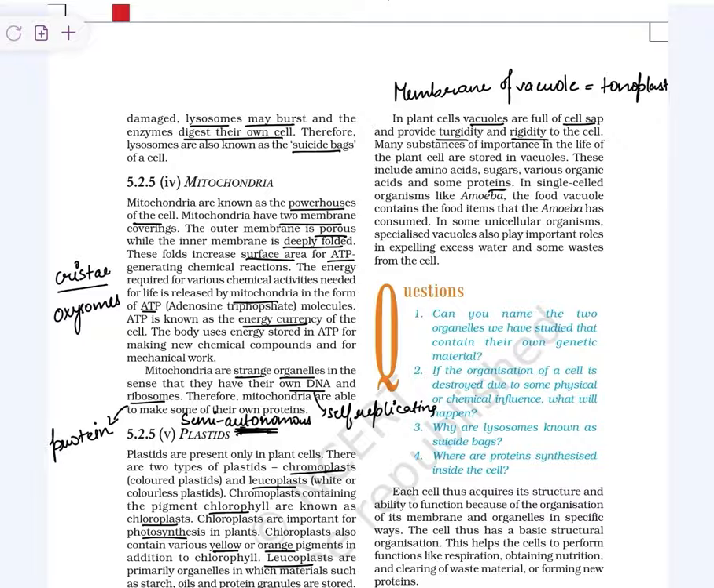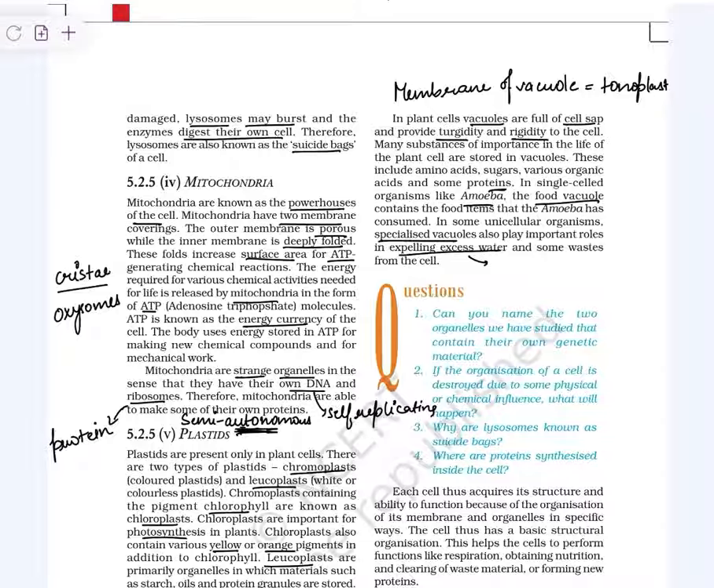In single-celled organisms like amoeba, the food vacuole contains the food items that the amoeba has consumed. Amoeba में food vacuole देखने को मिलता है. Food vacuole जो food particles जो amoeba engulf करता है through endocytosis process, वो उस food vacuole में consume किए जाते हैं. In some unicellular organisms, कुछ specialized vacuoles भी मिलते हैं which play a role in expelling excess water,